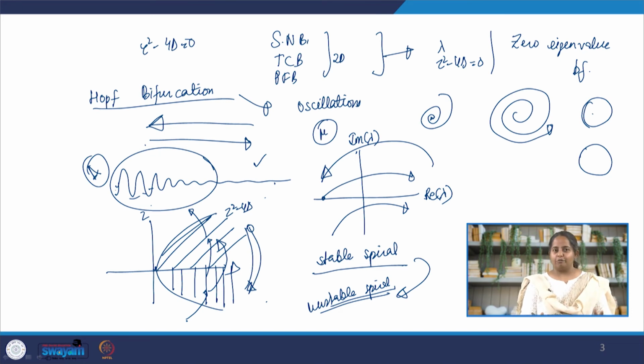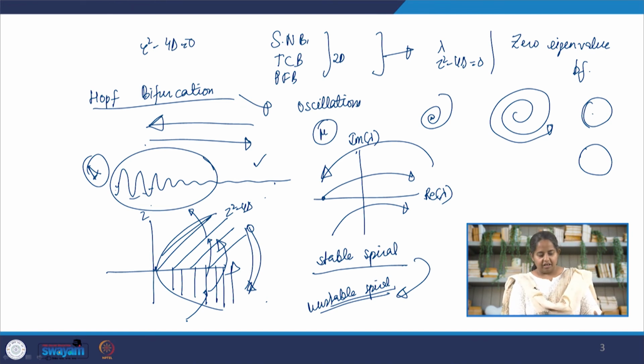Another feature of Hopf bifurcation is that the oscillations tend to reverberate for some time before dying out. In colloquial terms, we call it ringing. The oscillations ring for some time before they die out, and we know this from damped oscillators. They oscillate for some time before the oscillations stop. We know this from damped oscillators, and especially exponentially damped oscillators, which is a kind of damped oscillator, come under